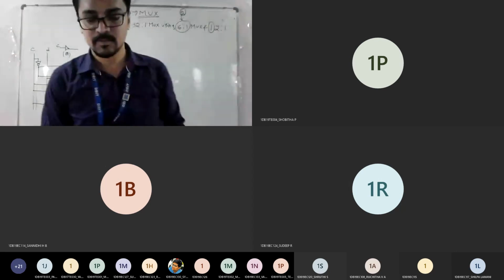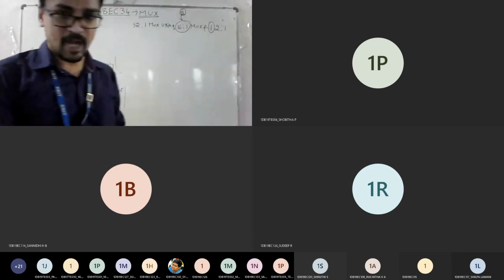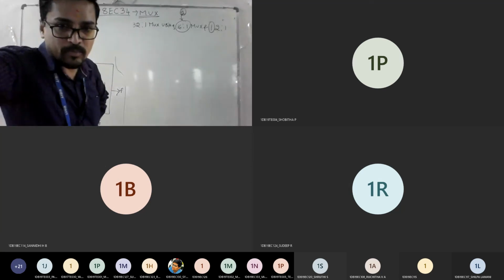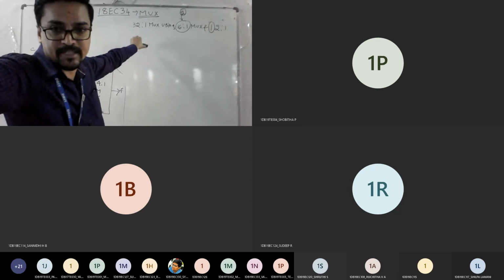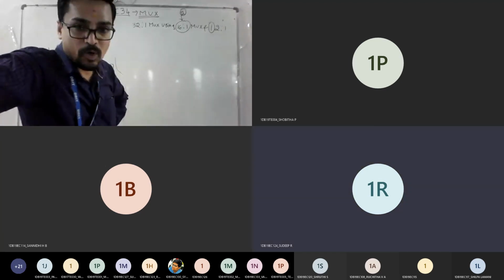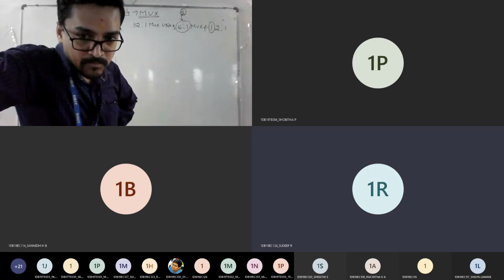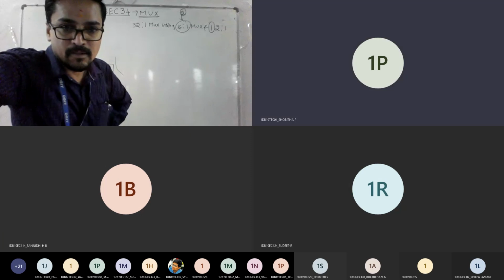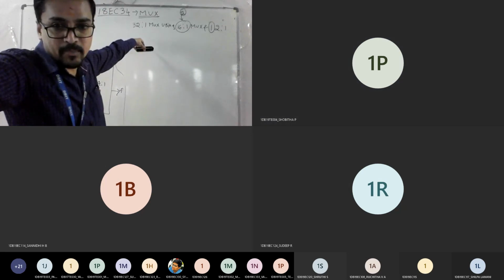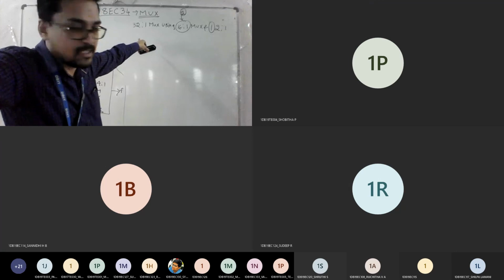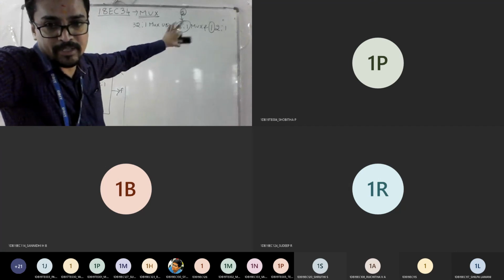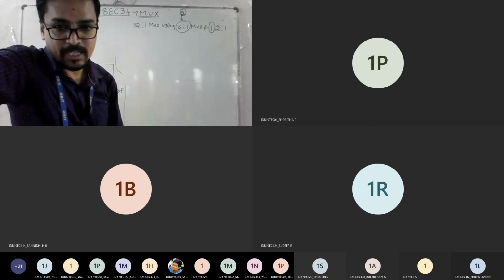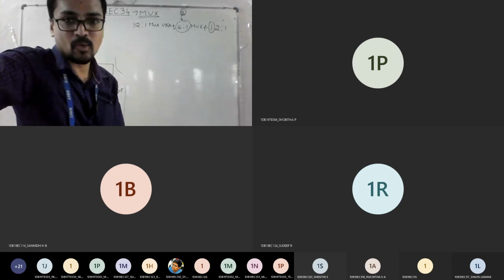Got the question? Everyone? Can anyone tell me, after understanding the previous problem, why you require one more 2 is to 1 mux when you have the option of 2 16 muxes, which means I can get the answer directly? Why should I have one more? Sir, for the fifth select line. Very good. So I hope you understood the logic now. Because 32 inputs means you'll be having 5 selection lines, but using 16:1 you can control only 4 selection lines. So there should be one more required to control selection number 5. That is what that single one will do.